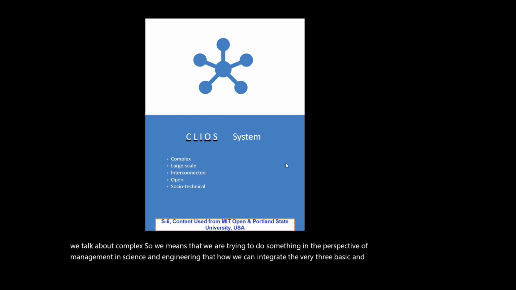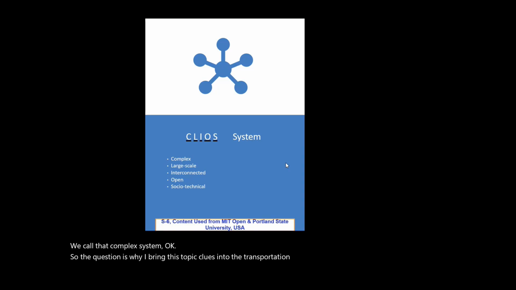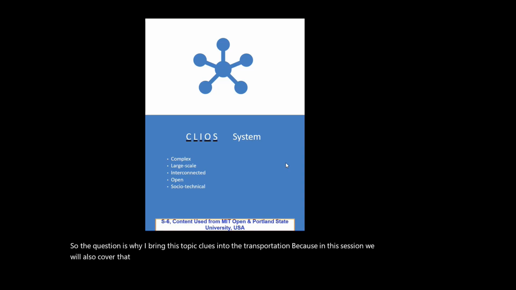to act as a single part, or as one body. So that's why we call it a complex system. Now the question is why I bring this topic, CLIOS, into transportation. In this session we will also cover what the strategy was in 1942, how transportation engineering has evolved with the passage of time, and why the system is still adopted,